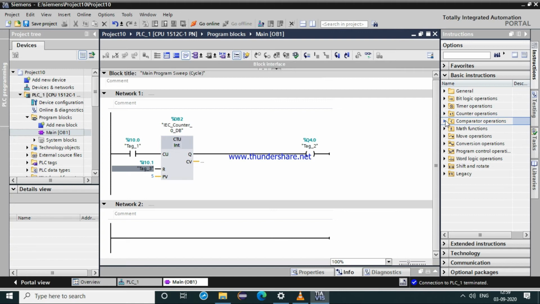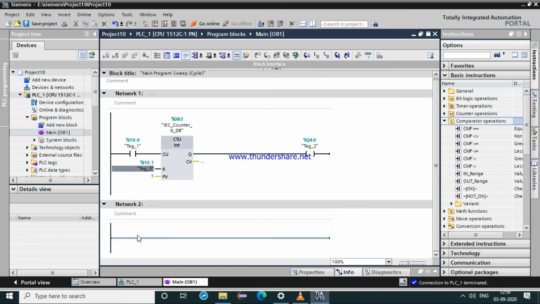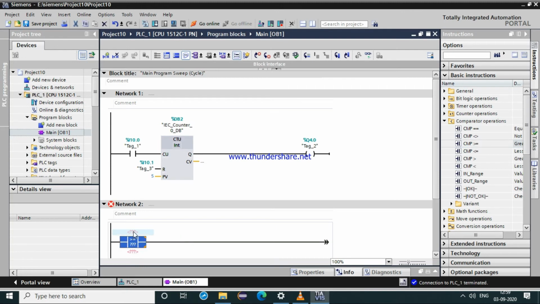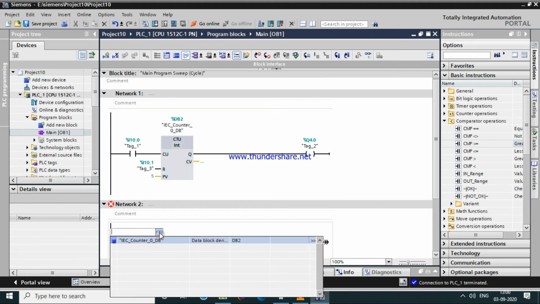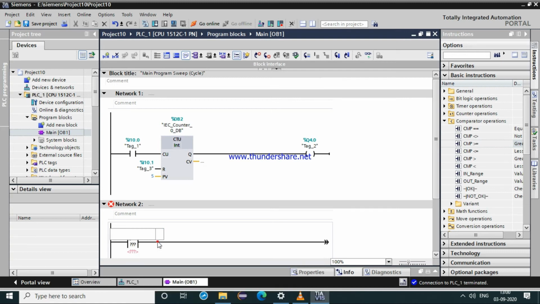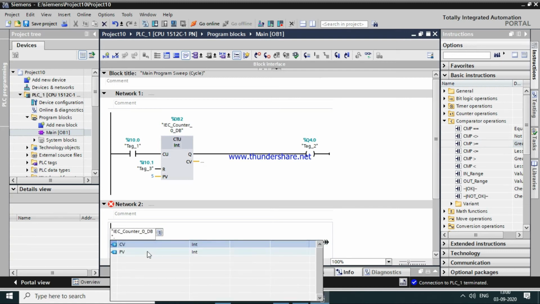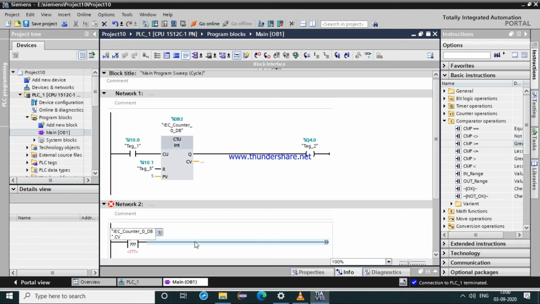Now the next function we will see is using our comparator. We can use our comparator if we want some middle range output. That is, if we want to use our comparator for the counter, we will take the tagging of that counter, and we will get the option from here, the CV value, that is your current value.